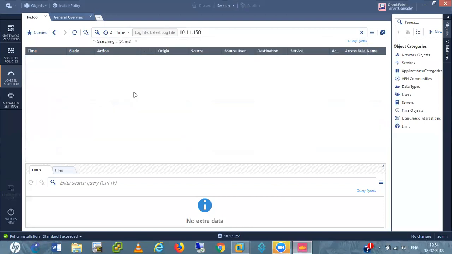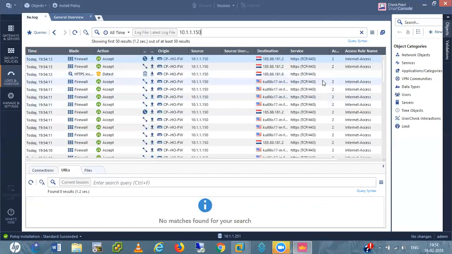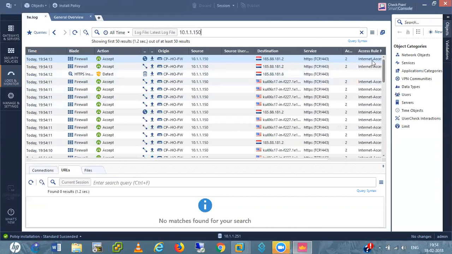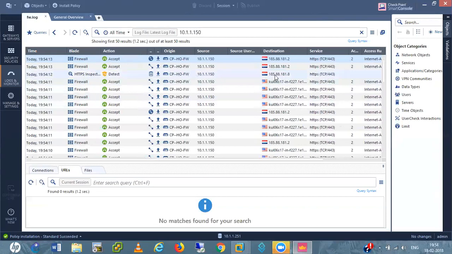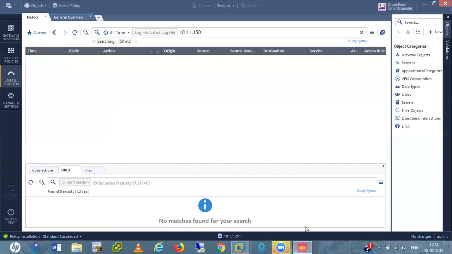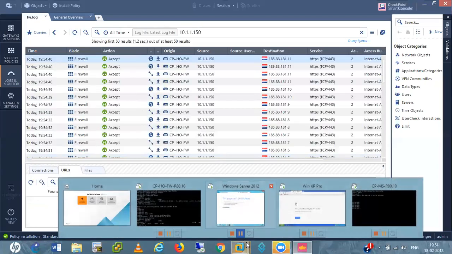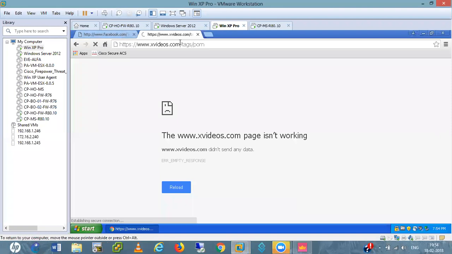And what is the rule which is blocking this? This is the website session detected by the HTTP inspection. So actually that is the way we can do these things. But the thing is, I'm not getting the captive portal information. I don't know.